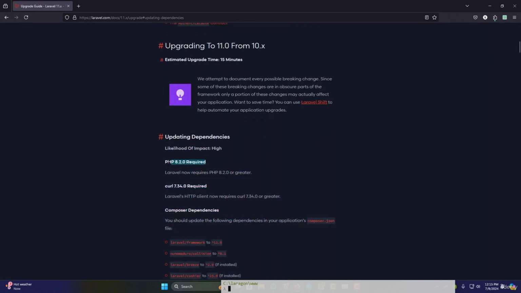First thing that is required is to upgrade our PHP version. Now, you know that in Laravel 10, the recommended, or you can say required version was PHP 8.1. Now for Laravel 11, the PHP version is 8.2. If you're using PHP 8.0 or 8.1, you will not be able to use Laravel 11 because you will get